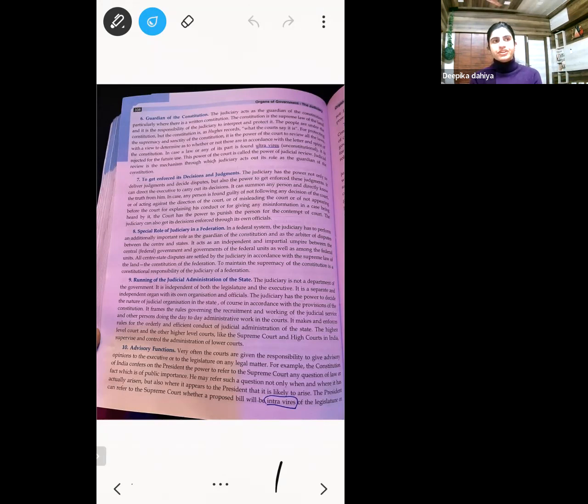For example, let's say the Supreme Court in 2015, in the Puttaswamy case, said Article 21, that is right to life, has one right inherent in it, and that is the right to privacy. Right to privacy is a fundamental right within Article 21. So will it have applicability? Will it be valid in general? Yes, the Supreme Court has said it is.